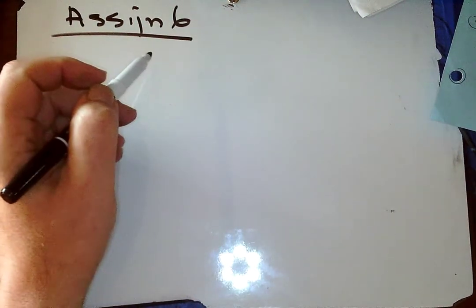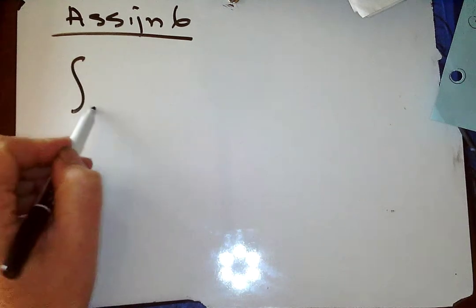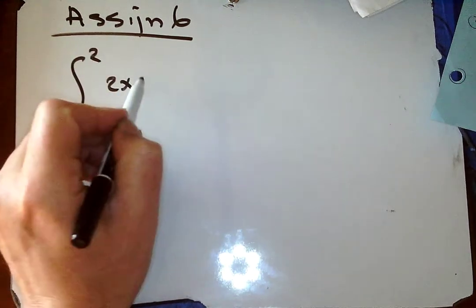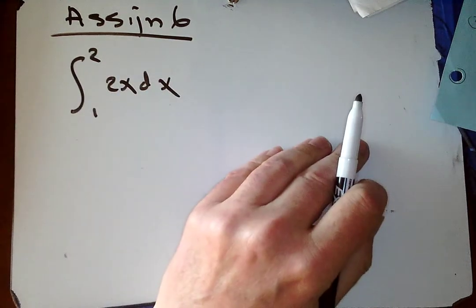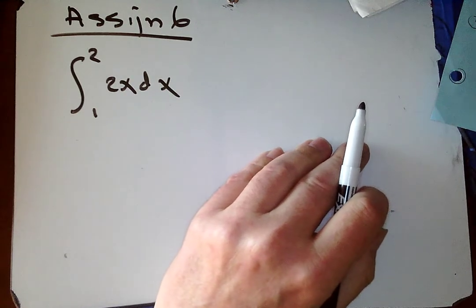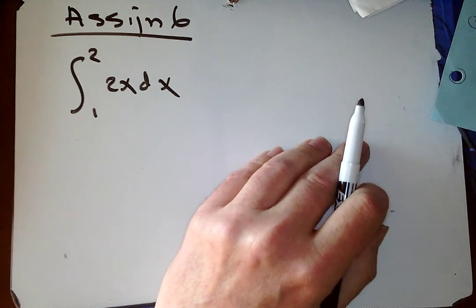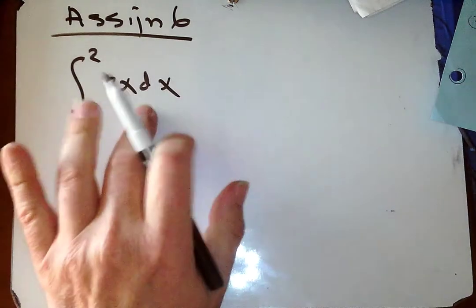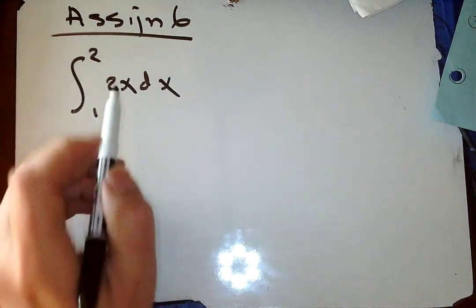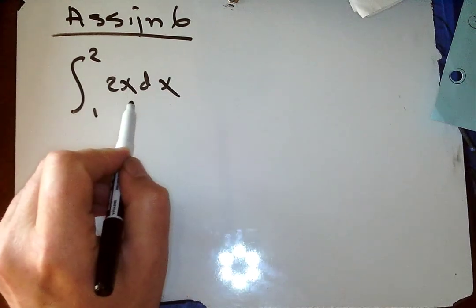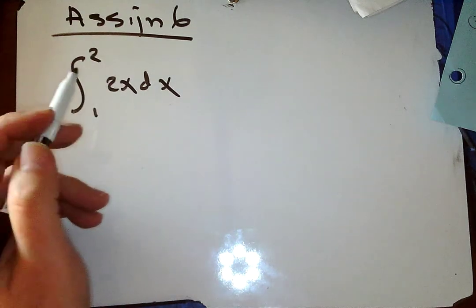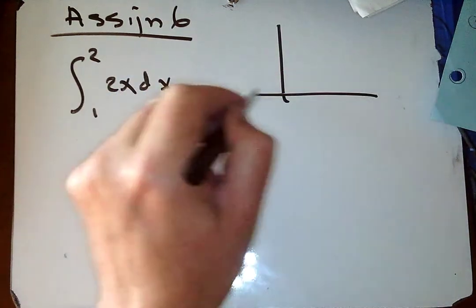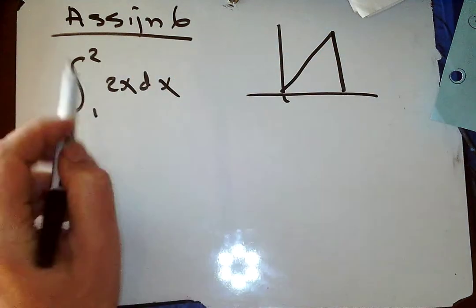Yeah, that'll work. The integral from 1 to 2 of 2x dx. I want to consider finding this integral, and of course, I feel pretty comfortable thinking about 2x going from 1